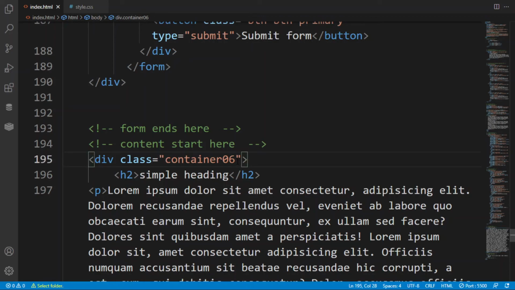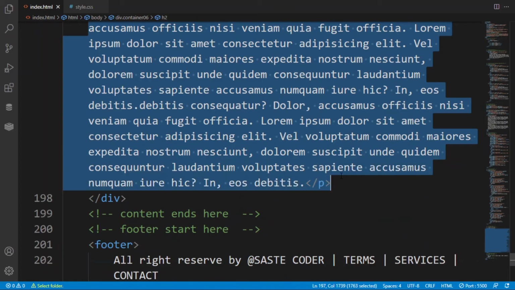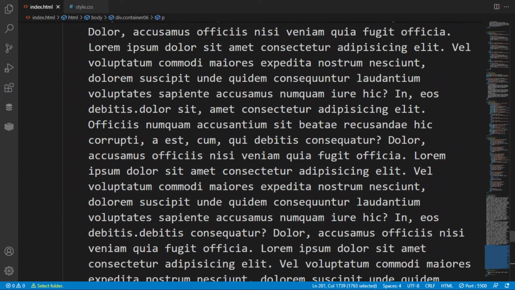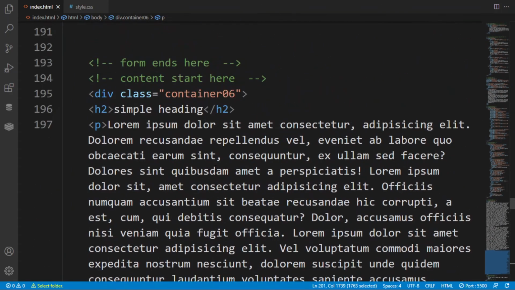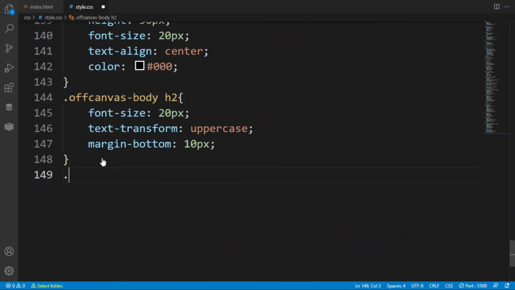Now after that, just copy this and we are going to style the content of our web page. You can paste it 2 to 3 times, as many times as you want to show the content in your web page. Here I am again selecting the container 6, dot container 6.